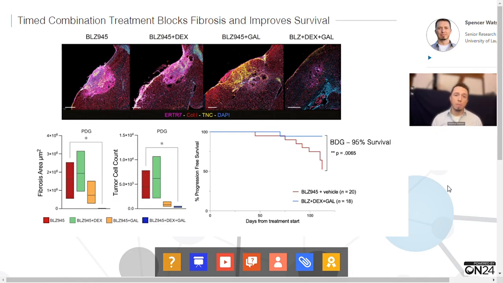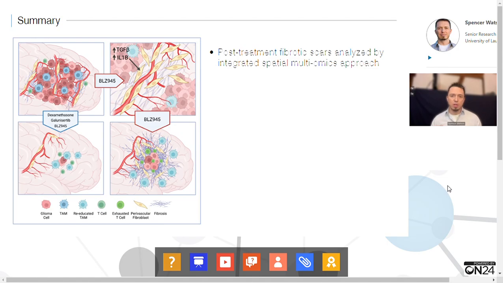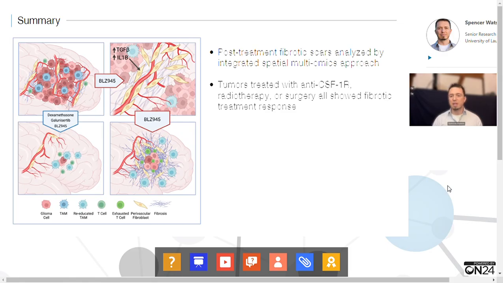So just to summarize, we took this, I think, large-scale spatial multiomic approach where we integrated together single-cell RNA-seq, spatial transcriptomics, mass spec proteomics, and spatial proteomics, and then used this to explore this fibrotic response in the post-treatment environment of glioblastomas. And again, importantly, it wasn't only in response to this drug. We also saw this in radiotherapy, surgical tumor resection, other cancer models, and we saw very similar responses in patient